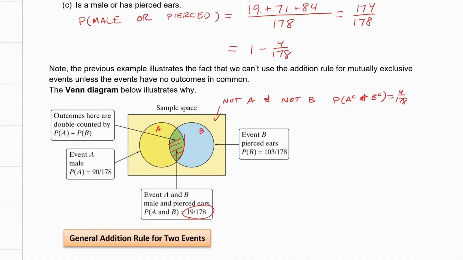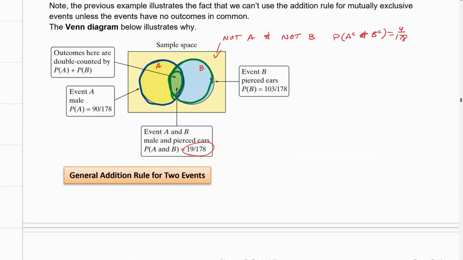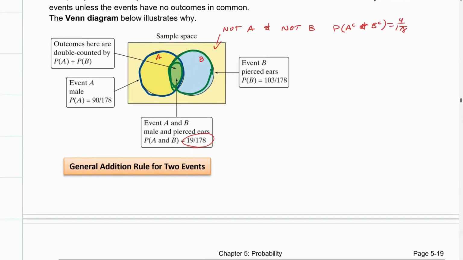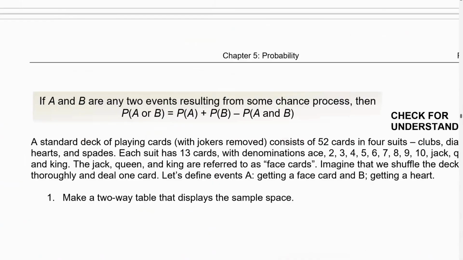And please note again, we have this overlap, which means if we were to count everyone in event A, the circle here, and everyone in event B, which is this group here, this area gets counted twice. And so that leads us to what's referred to as the general addition rule for two events. This is a rule that's true regardless of whether you have disjoint events or not. And that rule is